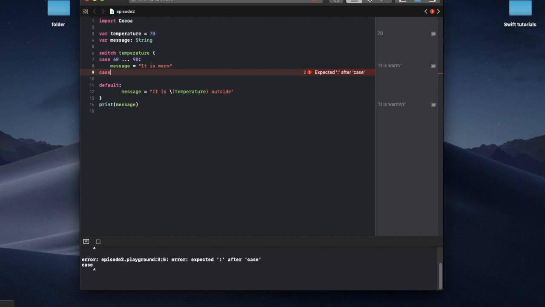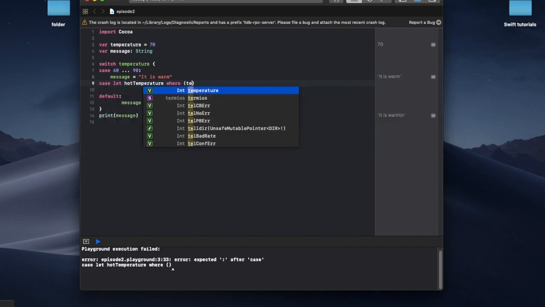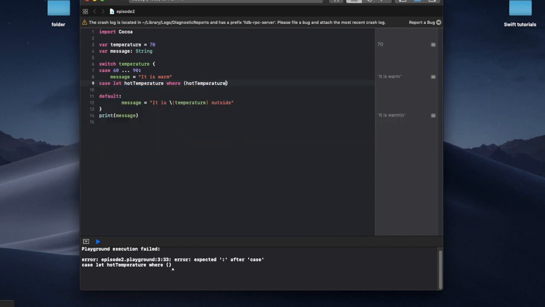Alright, there's another thing we can do. It's called, I forgot what it's called. I think it's value, something value. We can insert our own values inside here too. So case let, let's say hot temperature, where, so I'll explain this all in a bit, but where hot temperature is greater than 90,